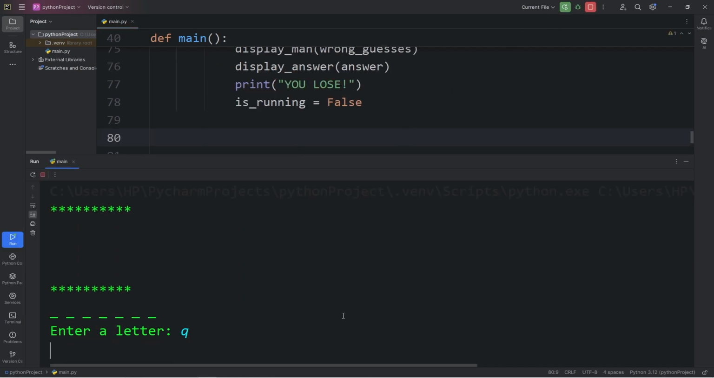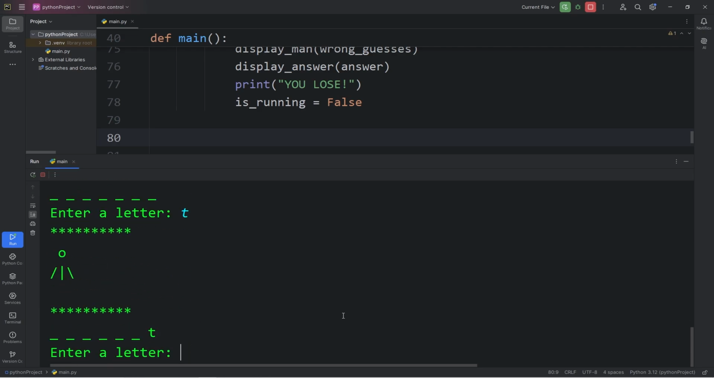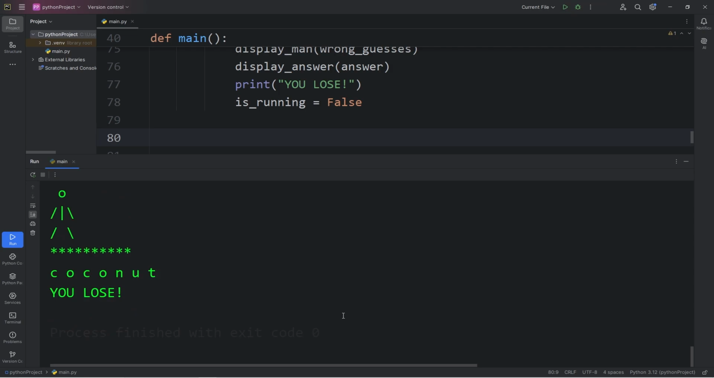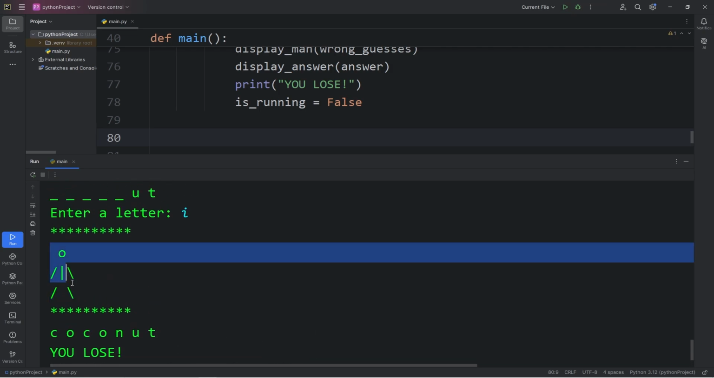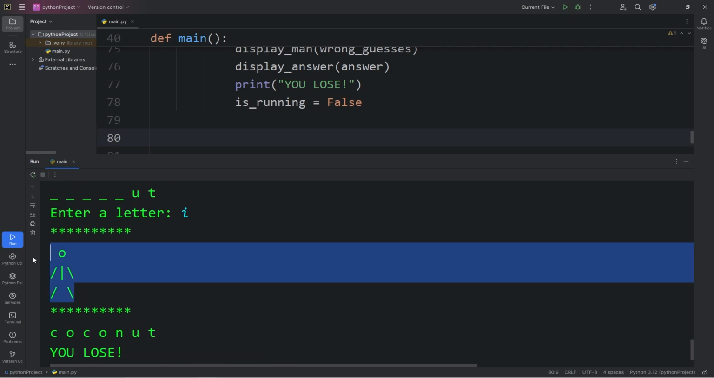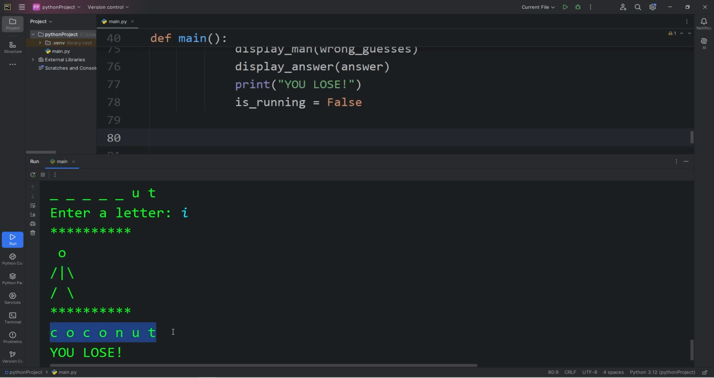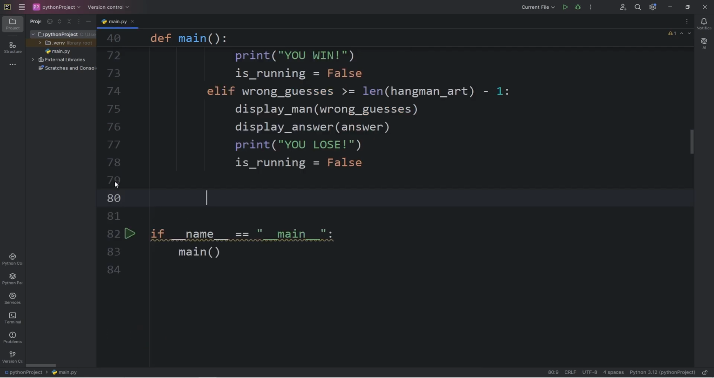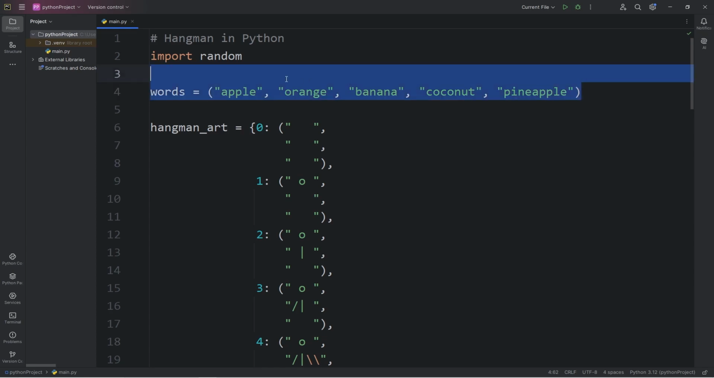I'll guess incorrect letters. There, the word was coconut. We have 6 incorrect guesses. We display the entire Hangman. The correct answer was coconut. You lose. If you would like to import a larger variety of words, we could create a separate Python file